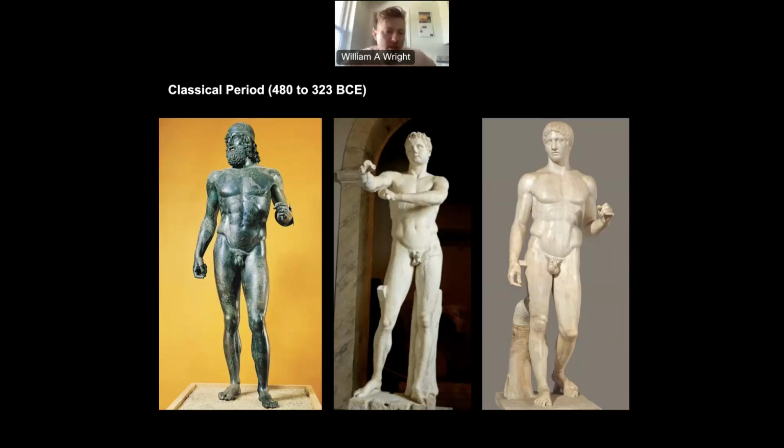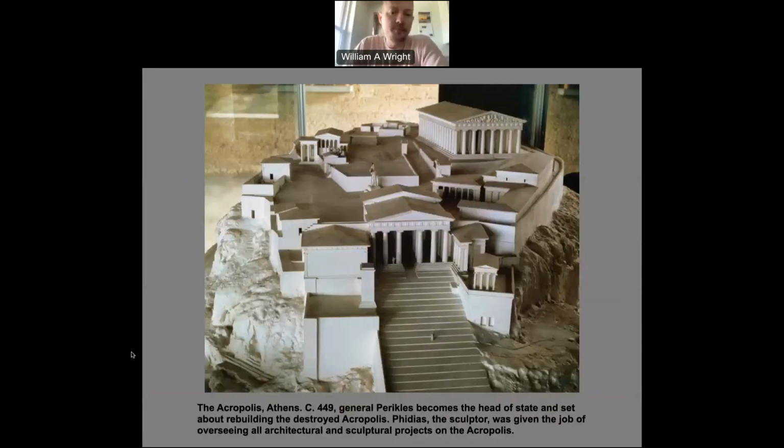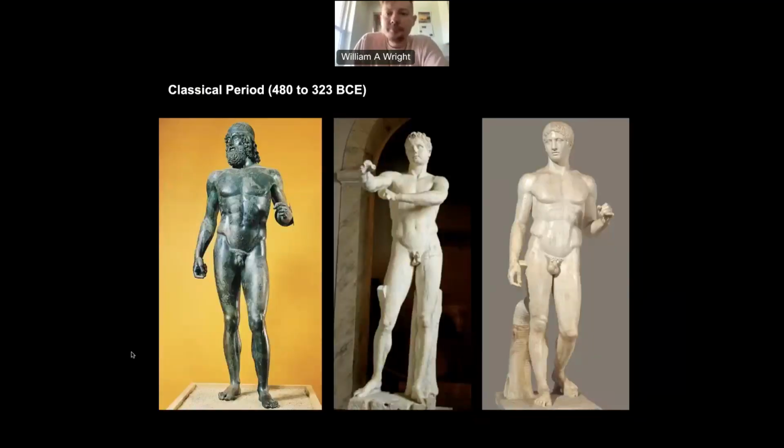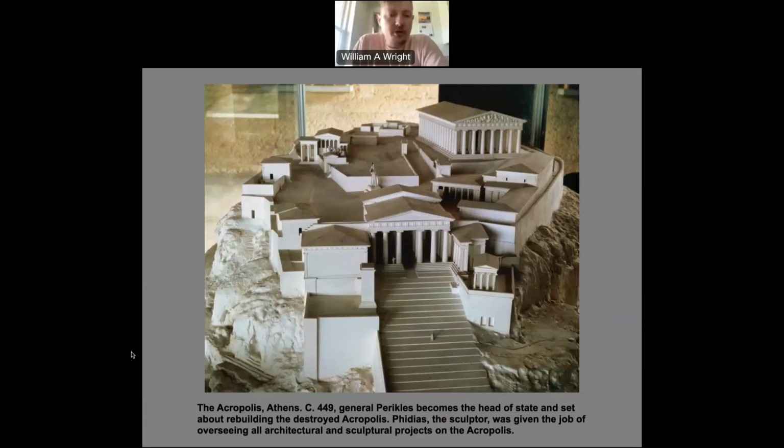That are allowing these figures to look more natural, right? They're not so rigid like those Koros or like that sculpture of Menkaure. These guys turn their heads, they twist their shoulders, they twist their hips, they move their arms, their legs. All of this starts to develop in the Greek classical period. So they're studying the human figure, as well as, in the classical period, we start to see some serious study